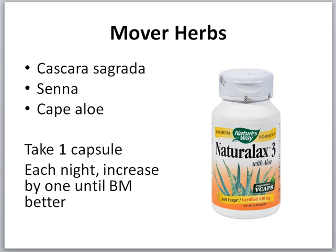So let me just explain that. When you start your pre-cleanse, you could take the psyllium, as I mentioned, every night. And then you take 1 capsule of the herb. And then the next night, you're going to take your psyllium again, and then you increase it to 2 capsules. What you're looking for is when you wake up the next day that you have a really good bowel movement,